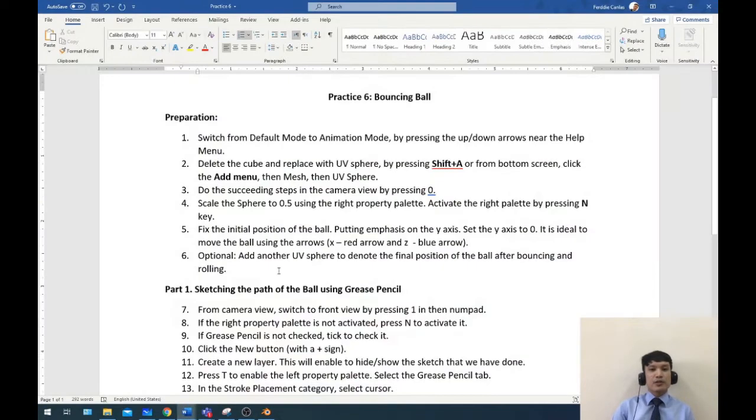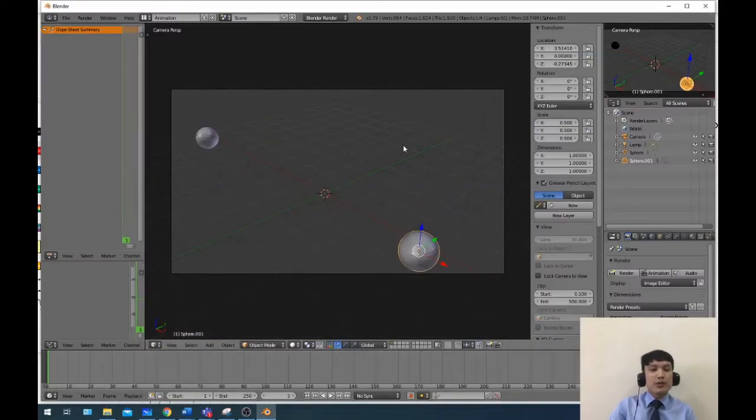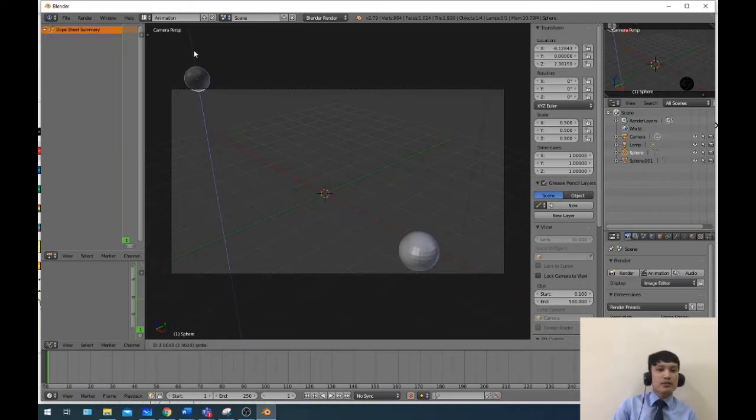Let me just put a note in here. Okay, so when the animation is done, delete the other UV sphere. Okay, so this one, so you can now change back to this one, to the upper position. Okay,